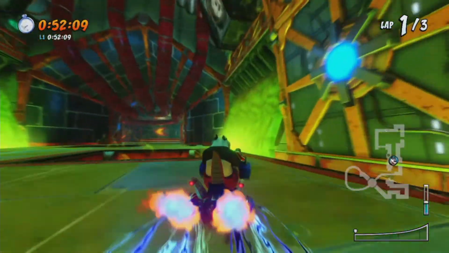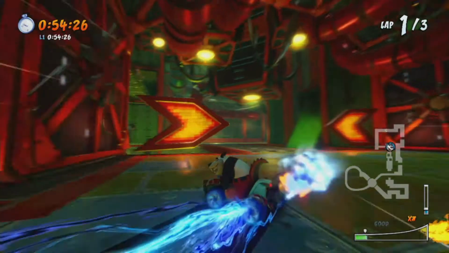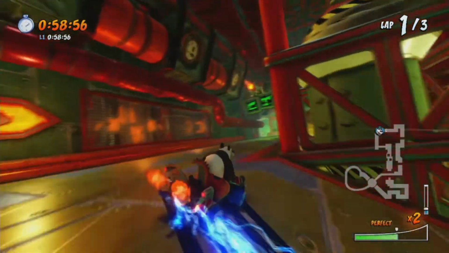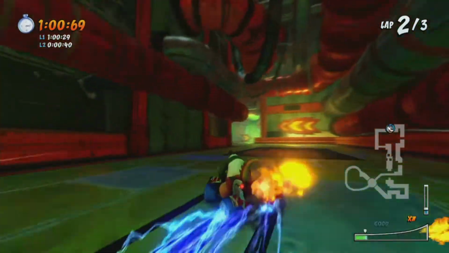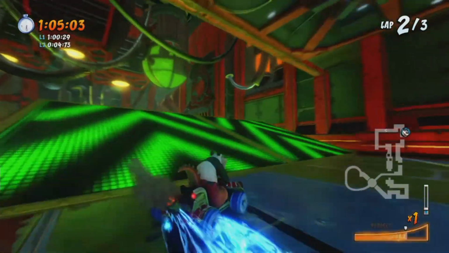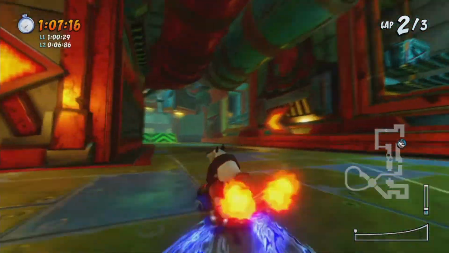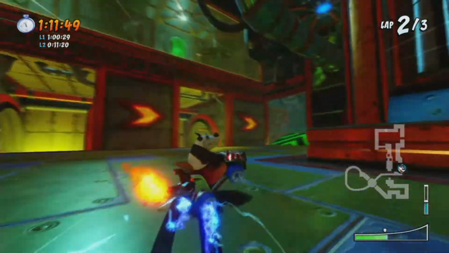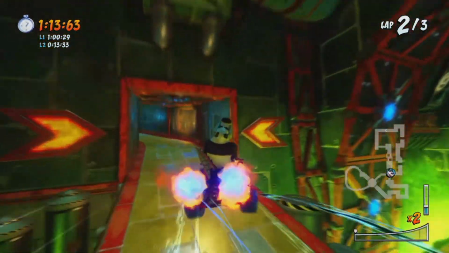Of course, we're doing the purple trick here to get some more speed boost. Surprisingly, that went a lot better than I thought. In case you're wondering, that's again one of the worst Beanox hiding locations, because you would not see that unless